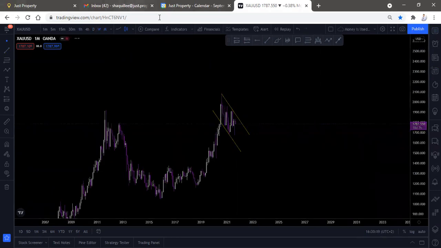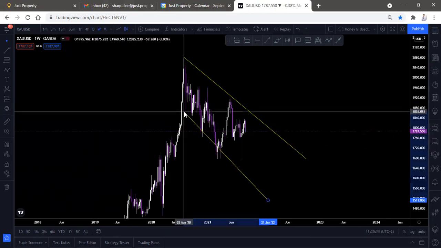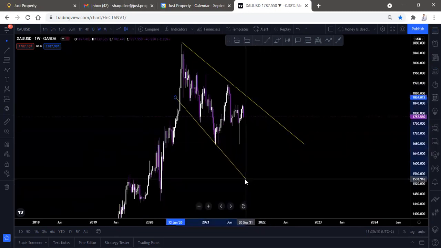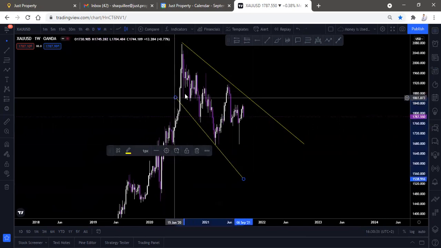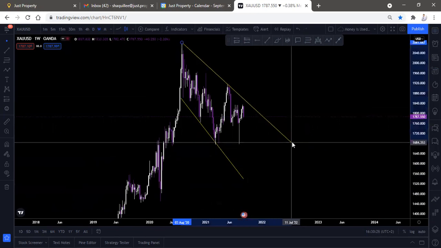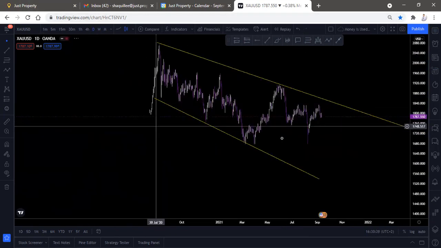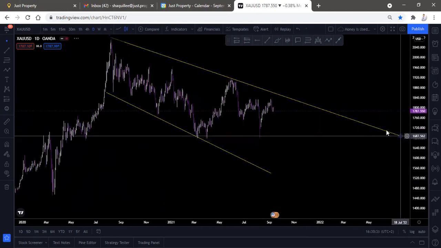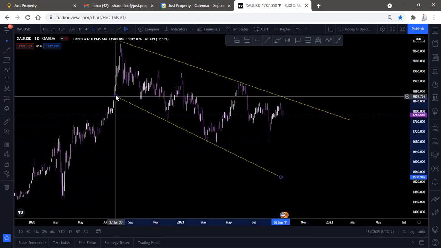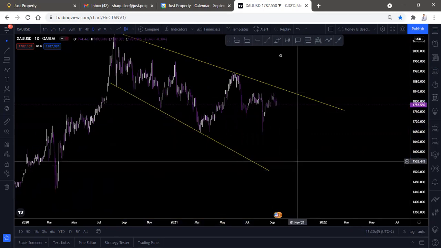This is on the monthly, let's go on the weekly. The weekly shows me something similar, right? So I'm just trying to draw it more accurately so that you guys can see the picture that I'm actually trying to show you. But as you can see, I'm basically just seeing a bearish channel, right? So we know there's more selling momentum in the bearish channel than buying momentum, right?